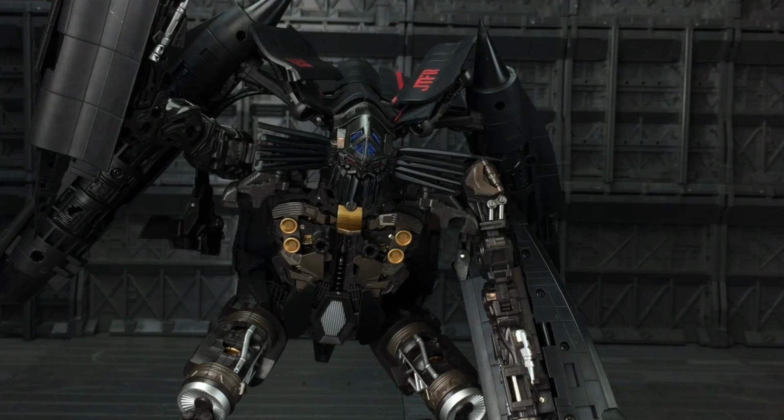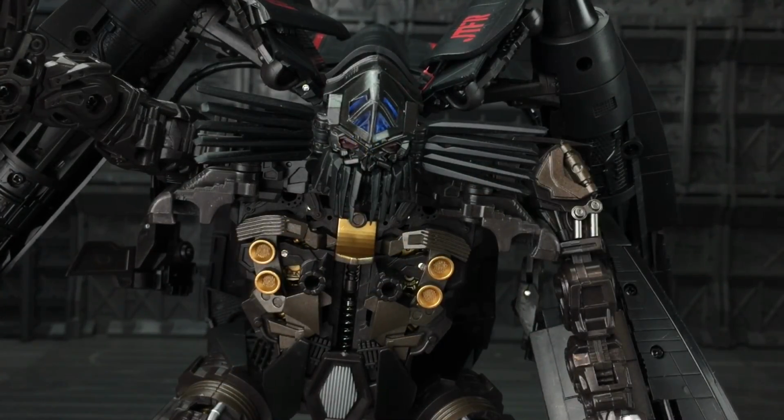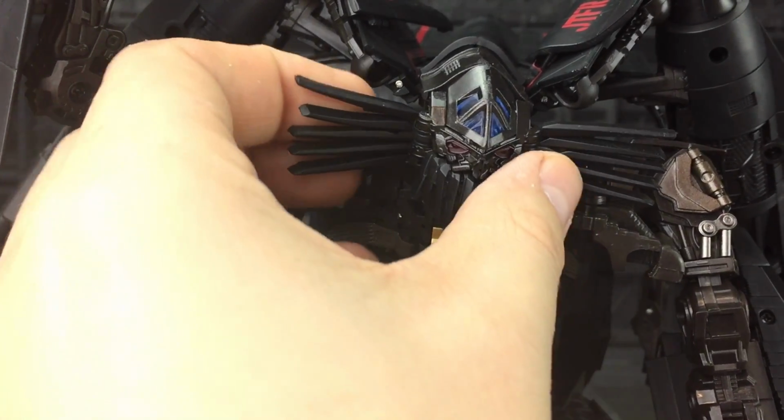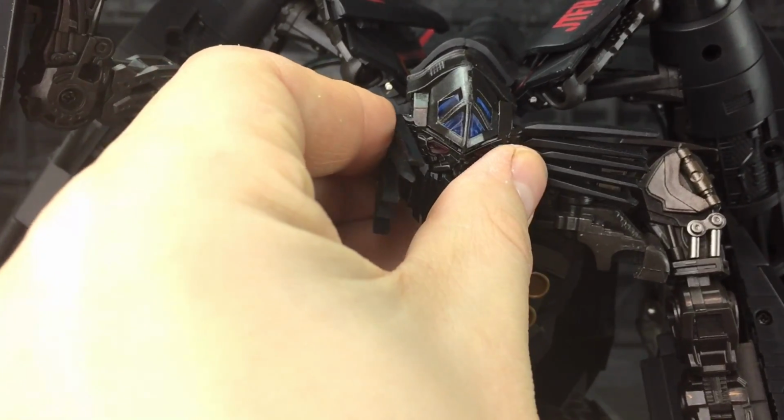And we go from that to something like the Transformers RID line. It's from one jump to the other. So anyway, I've put it off long enough. Let's get Jetfire transformed. First port of action, let's move his side whisker